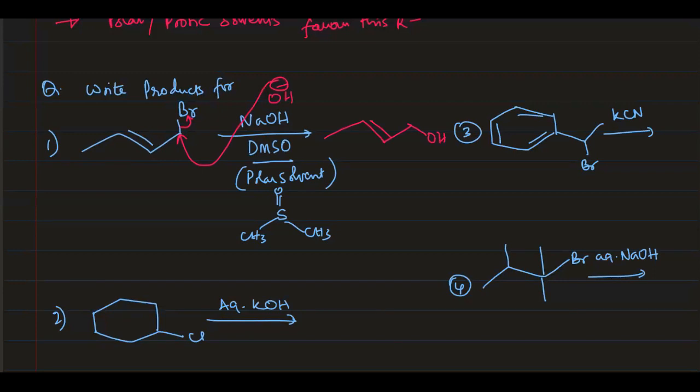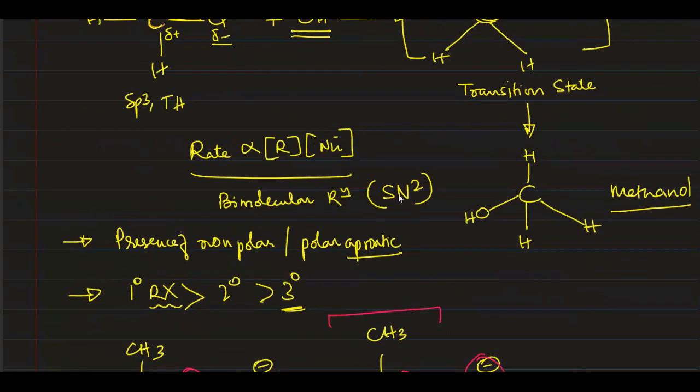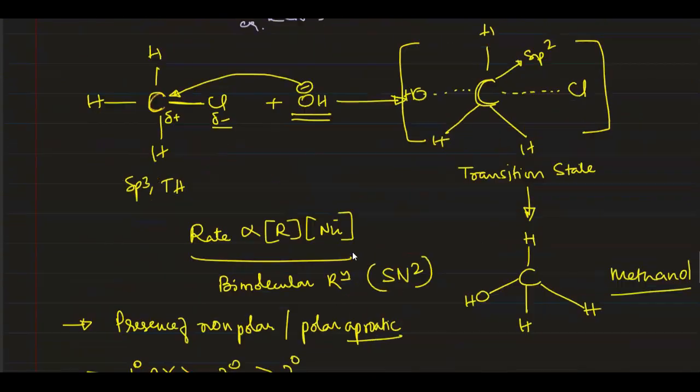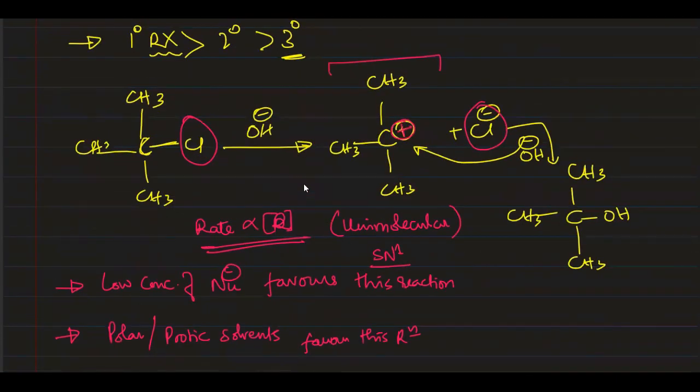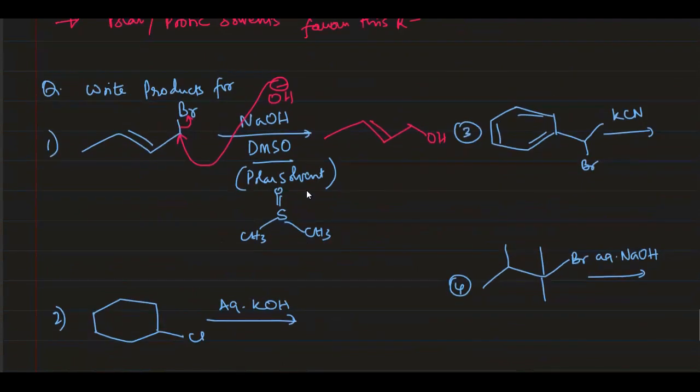Now it is not important for us to recognize whether it is SN1 or SN2, that is bimolecular, the first type or the second type. It's not so essential now. That will be dealt with in second year part. But for us, we should be able to recognize the nucleophile present in the reagent, and also be able to replace the nucleophile in the reactant. So here in the second one, very simple. You have to just attack OH minus onto the carbon carrying halogen. Naturally, halogen will be pushed out, and you get OH.